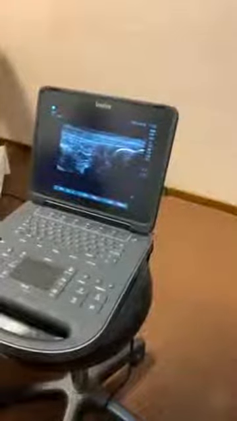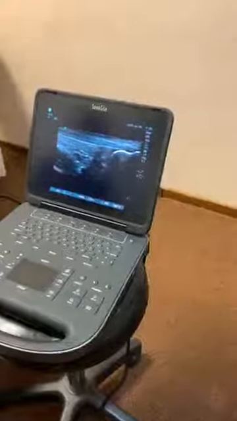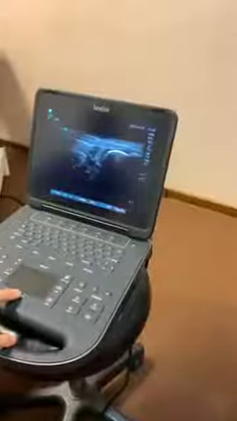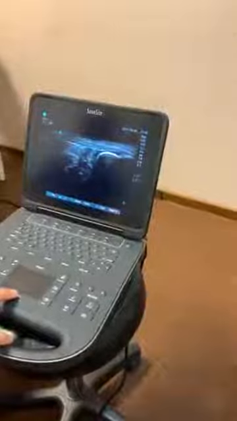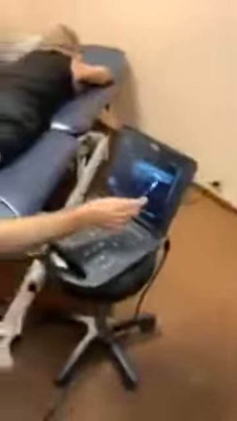Okay, you'll see at the right of the screen, the bone where we have tendon attaching. Okay, so here we have our bone, and then we have our tendinous attachment down here, and we can trace